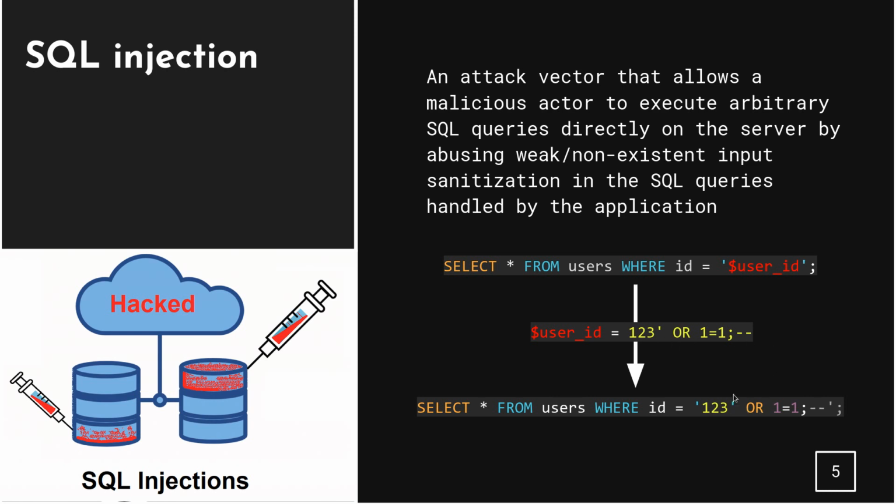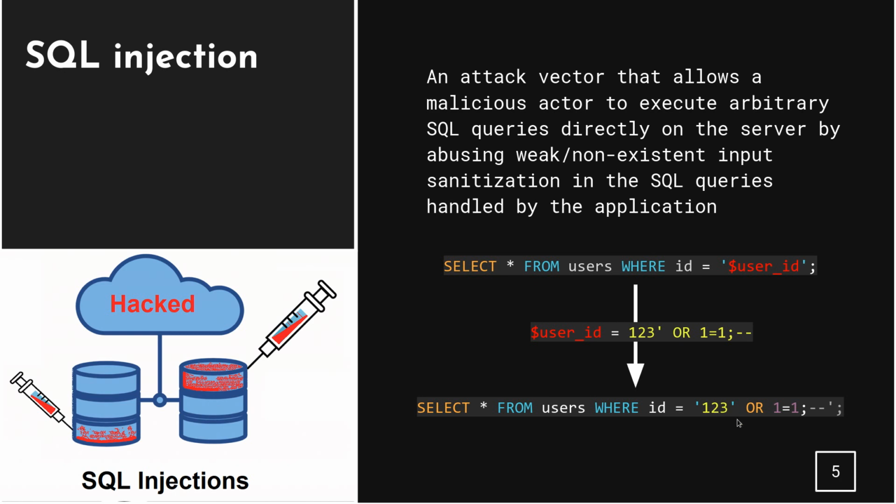So now we have a space here, and then "or 1 equals 1", and then a semicolon, and then dash dash. The reason the attacker uses this OR clause, "or 1 equals 1", is because of the following. Imagine the ultimate goal of the attacker is to retrieve information about all users. If we have to specify an ID, it shouldn't be possible, because generally a user ID is associated